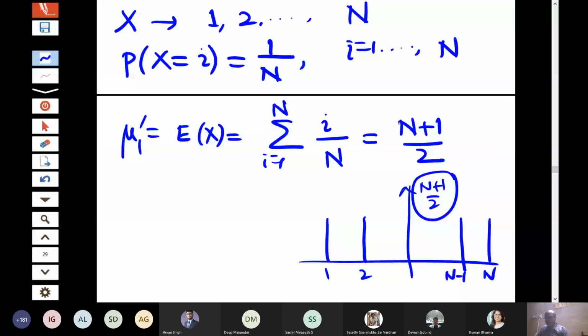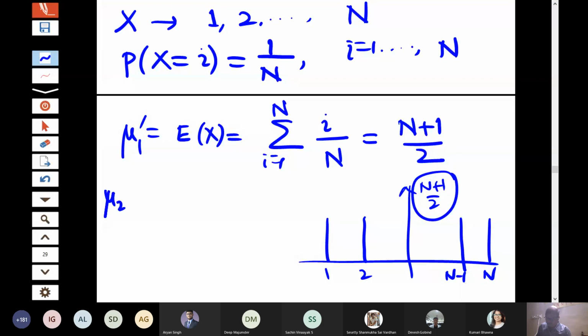Of course, if n is odd, then it will become one of the values here. If n is even, then it is the middle of the two mid values. So it need not be a value included in the distribution. For example, in the coin tossing experiment, the mean is half, so you don't get half a head, but the mean is half. The mean, as I mentioned, is the point of equilibrium or center of gravity kind of thing. And of course, since you are adding a finite number of terms, all the moments will exist.